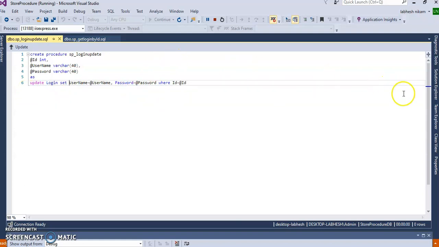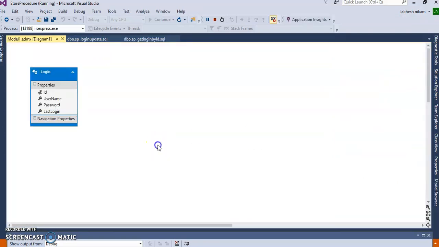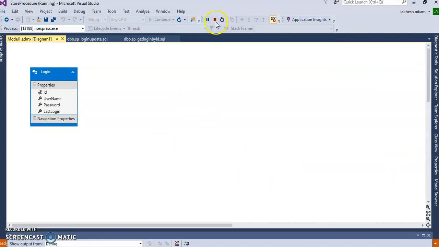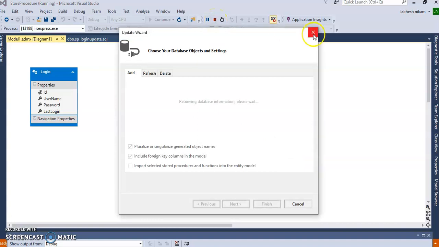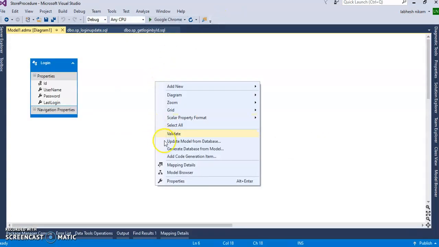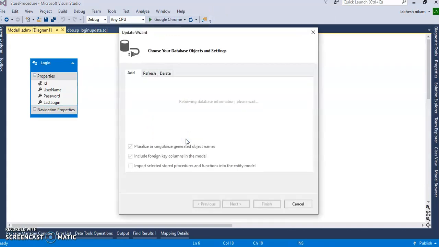Let's go to this model. This is my model, and we will update the model with these stored procedures. First stop the debugging, right click, update model from database, and we will add those two procedures, fetch the row and edit the row.